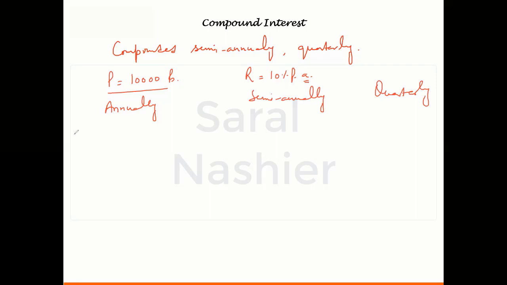We'll talk about that. In case it is compounded annually, at the end of the year, you will be charged an interest of 1,000 rupees. But suppose you are talking about semi-annually, that means the first time the interest would be charged at the end of 6 months. That is semi-annual. And obviously, if you are charged 10% for a year, for 6 months you will be charged only 5%, which is equal to 500 rupees.